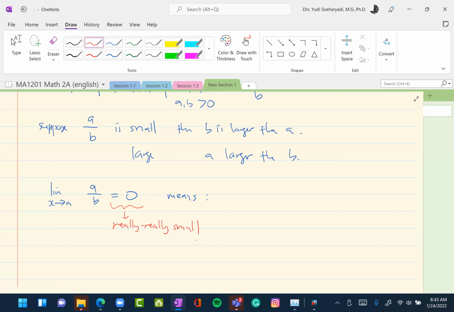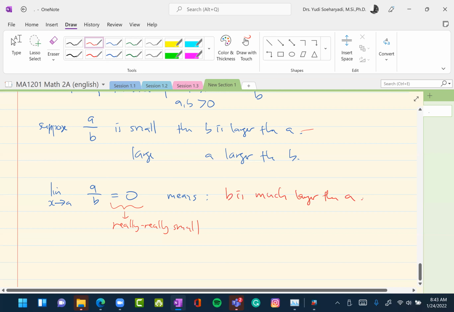So this is still true that B is larger than A, but it is more than just larger. B is much larger than A, or A is much smaller than B. Okay, so in this case, I should say its limit is like, for example,